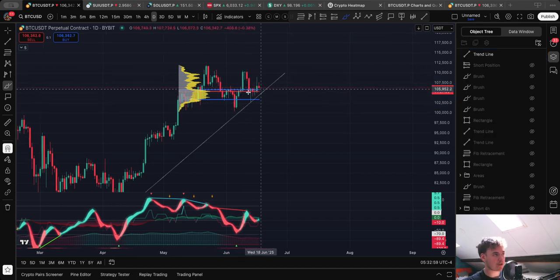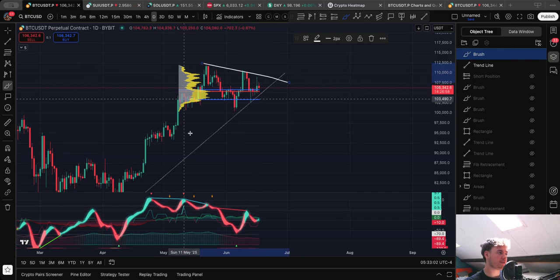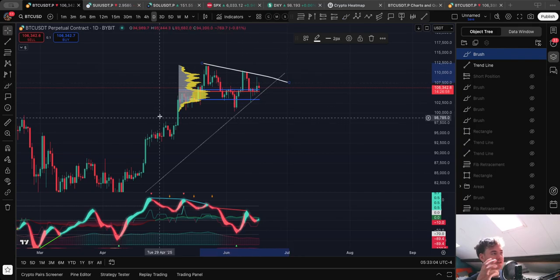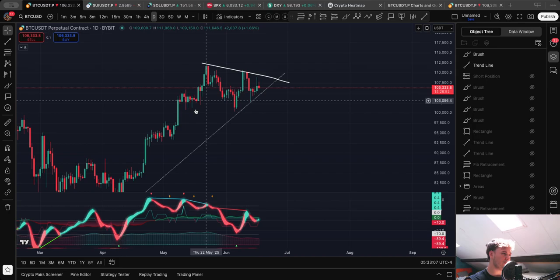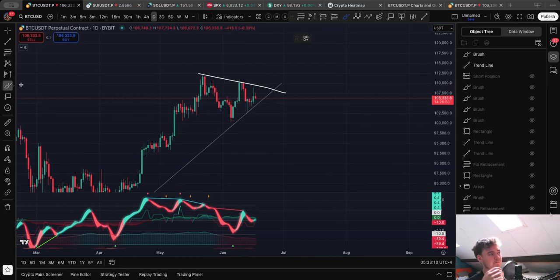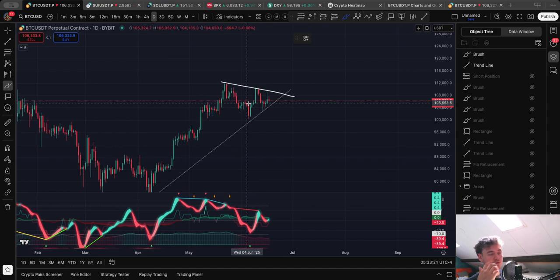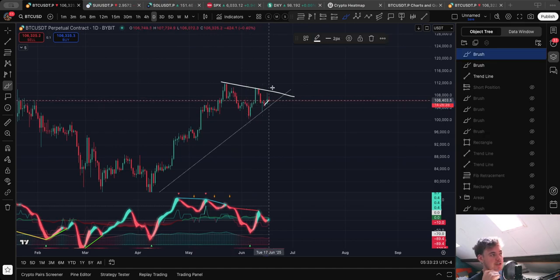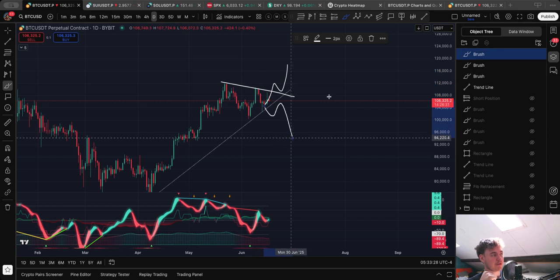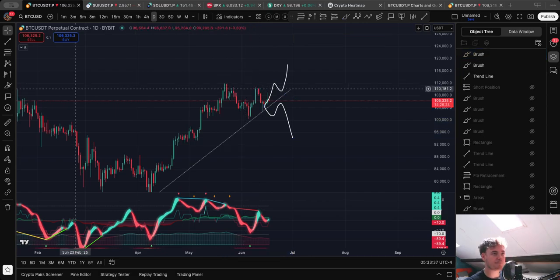So now there are also people doing things like this at the moment, drawing these triangles, which I do see, but if you know market structure, it would just make more sense in my opinion, because how do you trade these triangles? Or how do people trade this triangle? Well, usually either it breaks on top or it breaks below, right? So above or below. Well, the way I see it, instead of having this triangle, I simply, let's remove this,